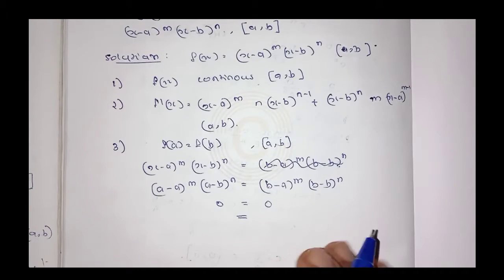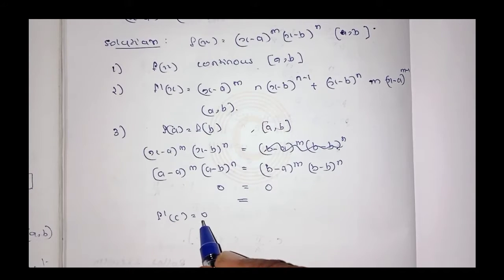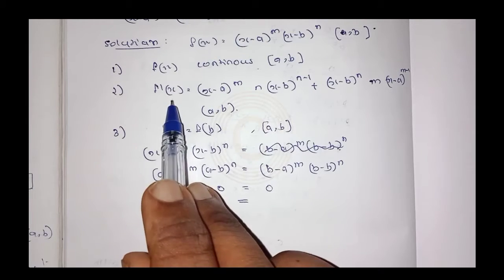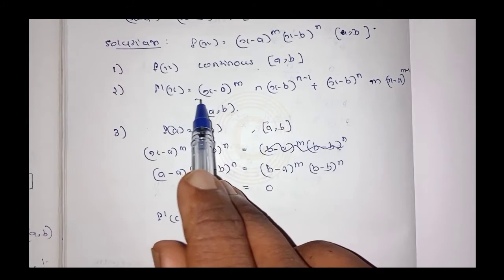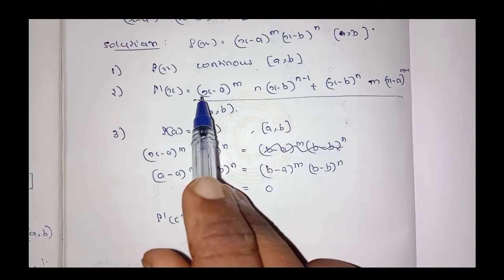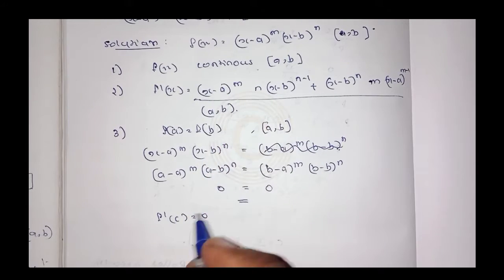So finally we can conclude that f dash of c is equal to 0, and from this expression of f dash of c equal to 0 we can find the value of c from the expansion of this term. So in the second step we find that f dash of x is equal to the given term, then substitute x by c there, then we get it as c minus a whole raised to m